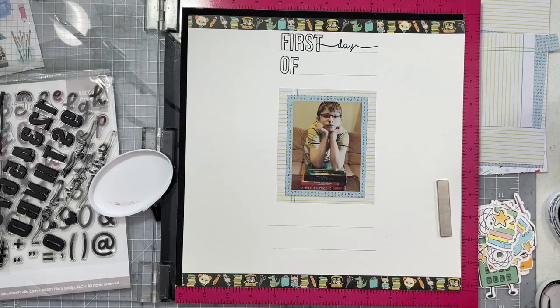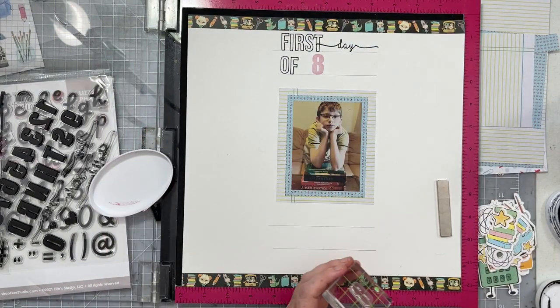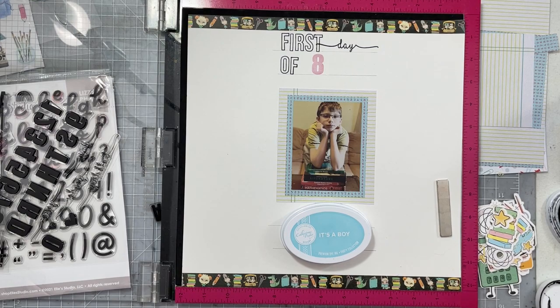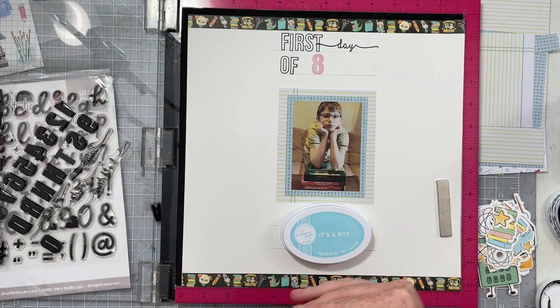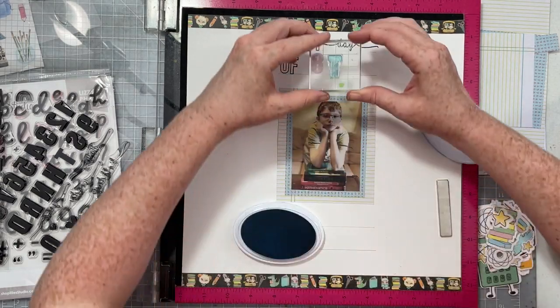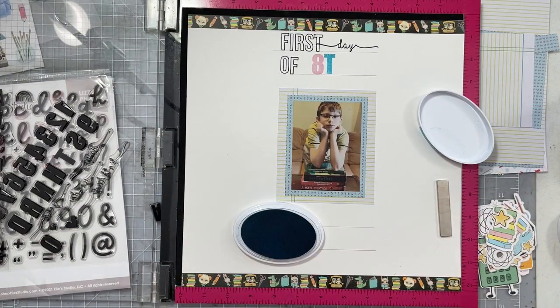So while I go ahead and get this stamped out, I want to address a couple of stamping questions that come up a lot on my videos. Since this is a very stamp heavy kind of layout, I thought I'd address a couple of the ones that I get a lot of questions about. First of all, I definitely 100% use my Misty to stamp on, but not necessarily do I use the door. I feel like there's kind of two elements to the Misty, and they work well together, but they also work very well separately. So the bottom part of the Misty